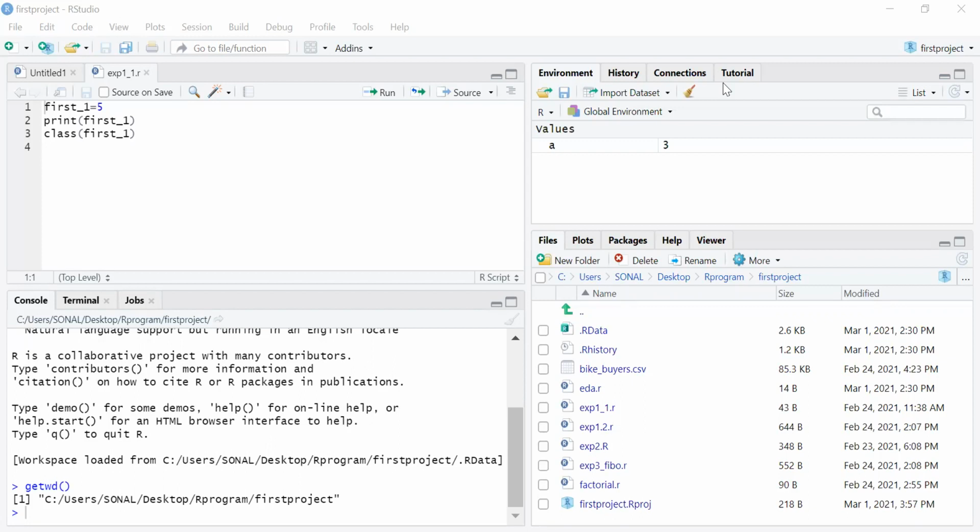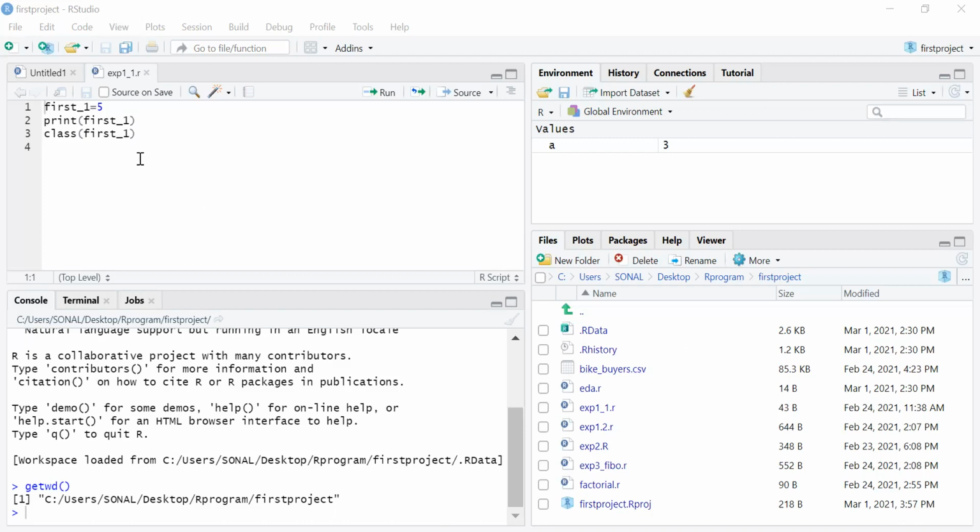What you can see on the screen is the environment that is R Studio. R Studio is used as an IDE, that is, the integrated development environment for the R language. Here you can see the panel. The complete panel is divided into four parts.